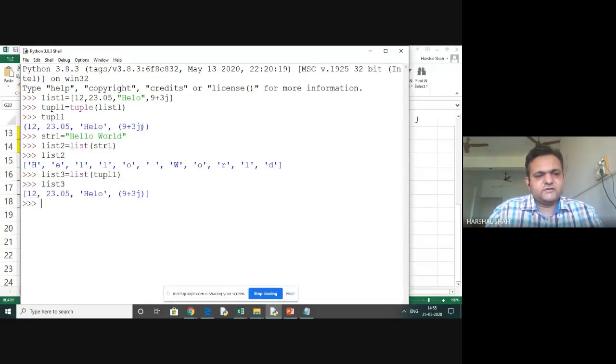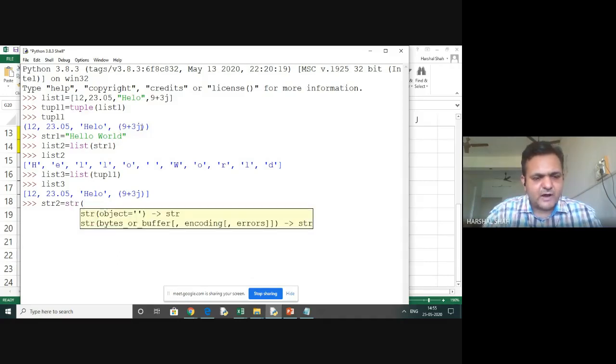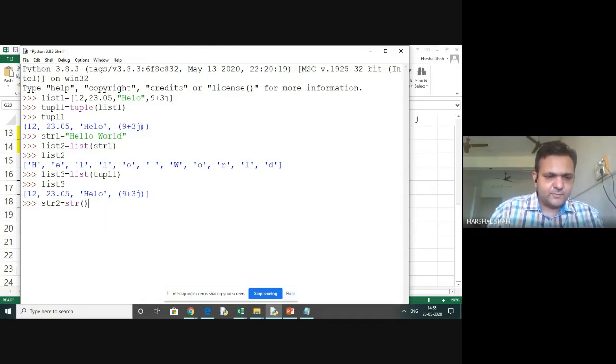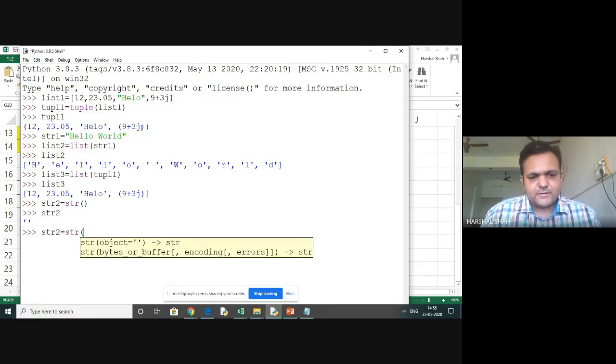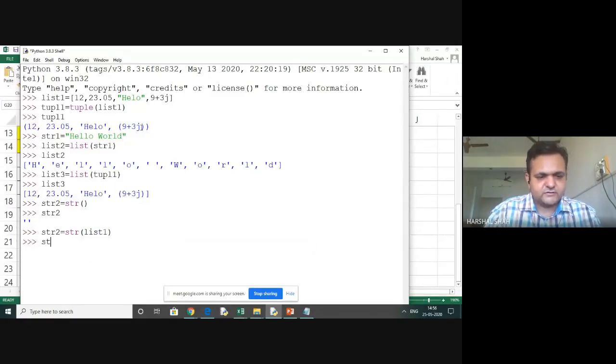Okay, got it. This is the way you can have a conversion and transform that. But if someone wants to make it a string, will it work like this? str I can call. See here, I will pass the object. If I don't pass anything, it will make an empty string, so you can see it will be an empty one. If I pass something, I can pass buffer, encoding, and all this for stream-related processing. But if I pass the list, list 1, and pass this object, look at this, what happened.